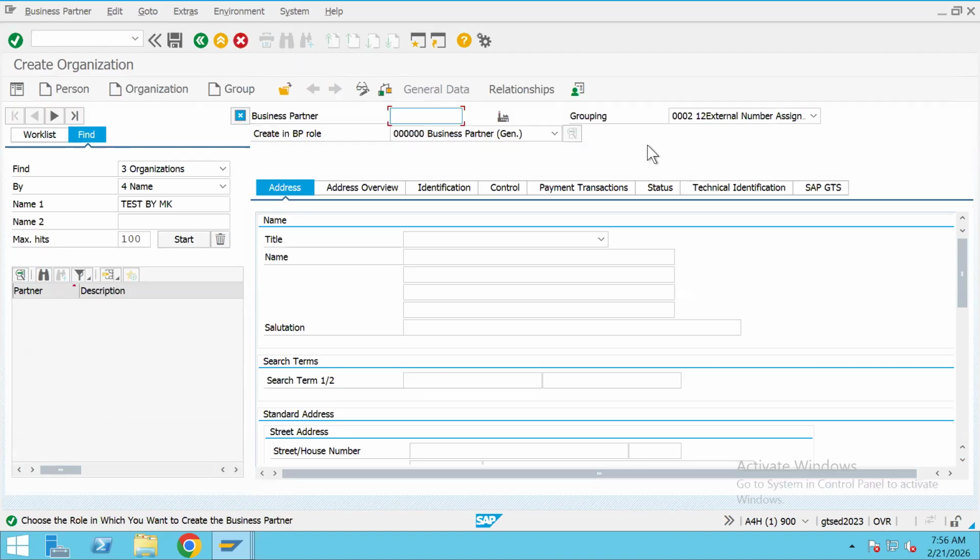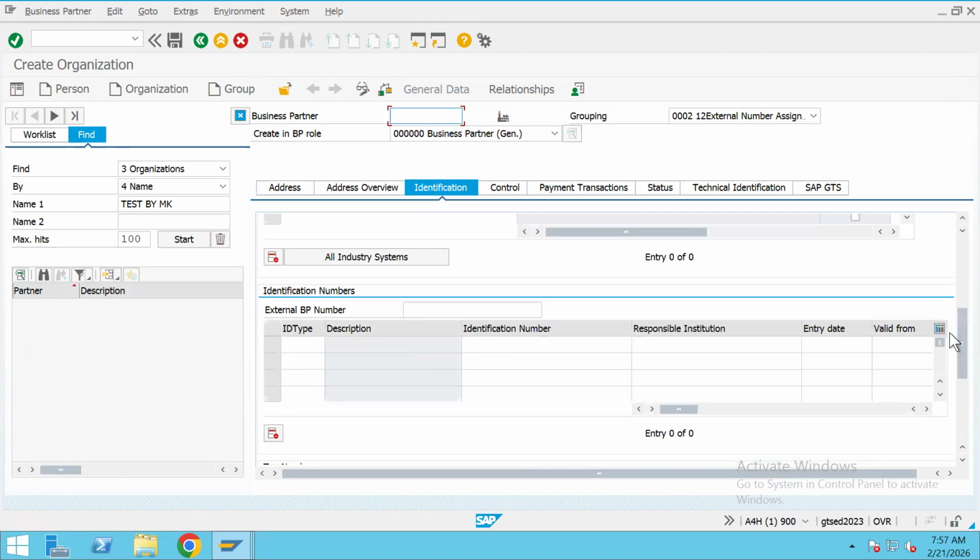Is there any place, any option for me to select the business partner type if I have different field requirements? Looking at the screen, you see, while creating, either I select the business partner grouping and the business partner role. Once I move on, if I go to the identification tab,